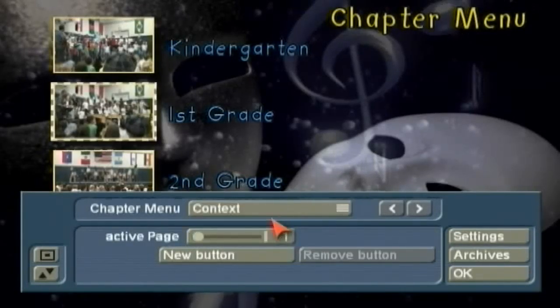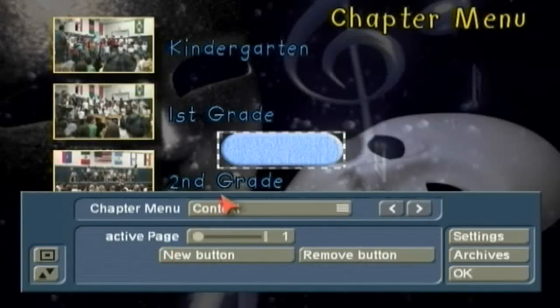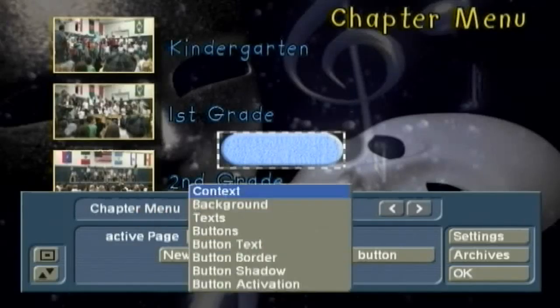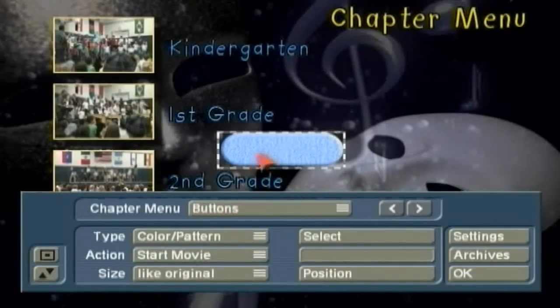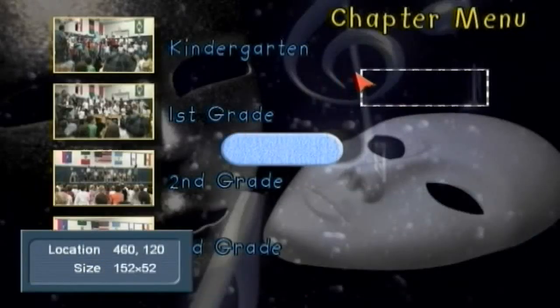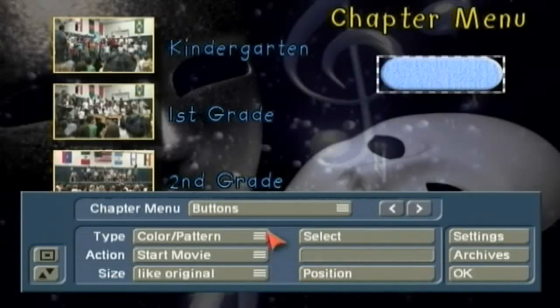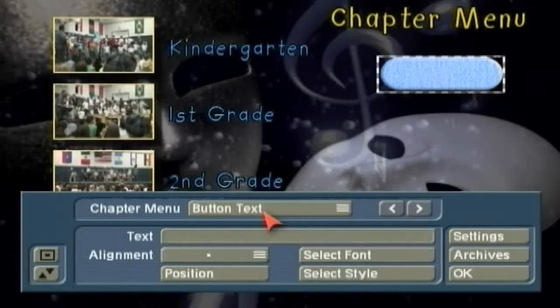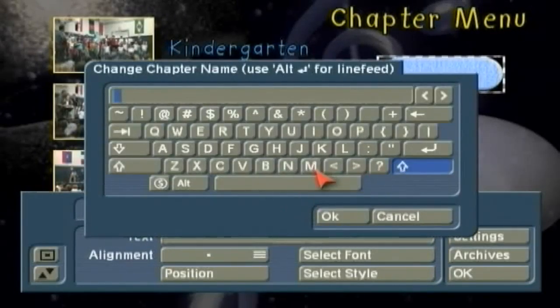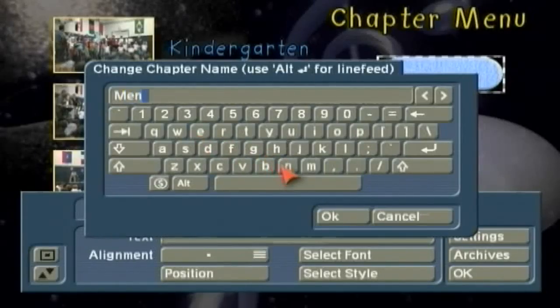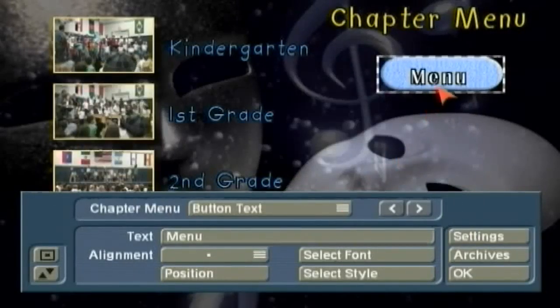Go back to Context and click on New Button, and it makes this new button, and we can change the appearance of that and so forth, but you have to bounce back and forth between a couple different menus. So I have to come down here to the buttons menu, and with this selected you can see the dashed dotted white and black line. I can position or move that over here, and then by going to button text, let's go ahead and type in menu, and this tells the audience